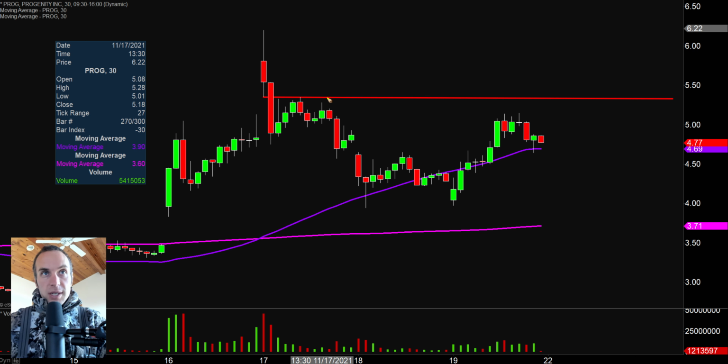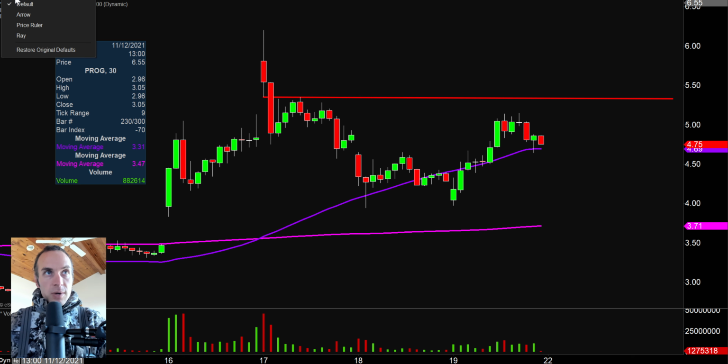Looking back there, you can see the price struggled around that area to try to get up through it. So that doesn't mean that it can never get back above it again, but it makes logical sense to question, and potentially form some trade plans around that level right there. As far as areas of support are concerned, what I like now is